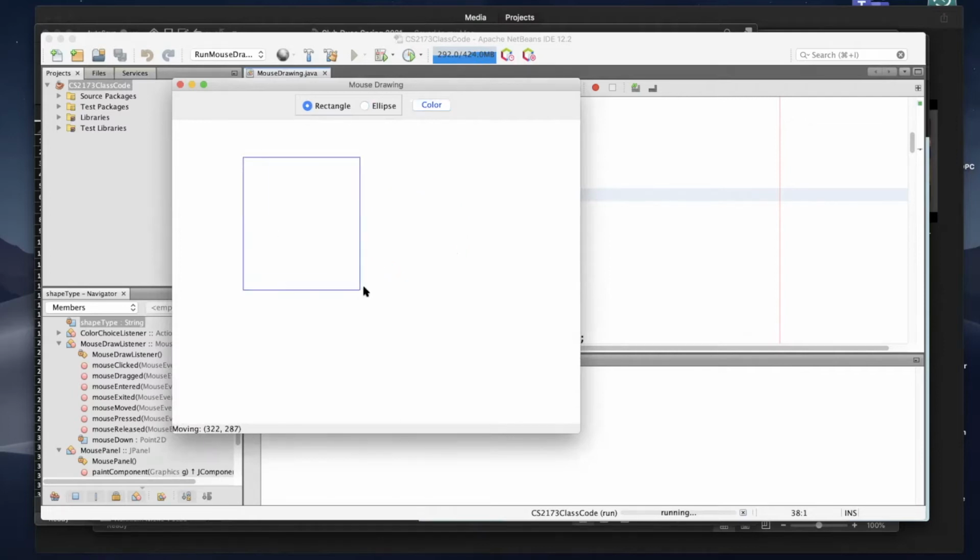So now the issue here is that every time we draw a new one, the old one goes away. So what if we want to keep the old ones? Well, again, that doesn't happen by itself. It happens if we